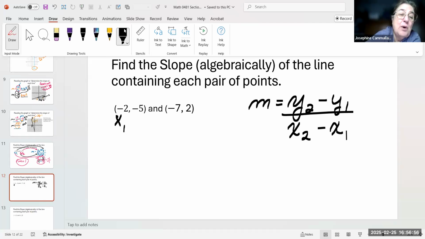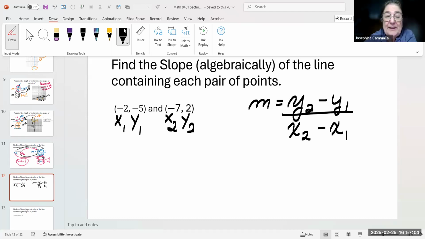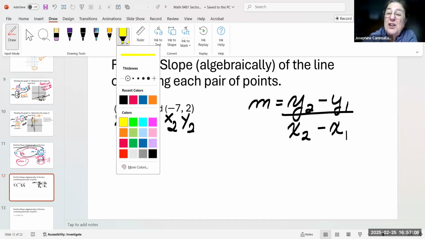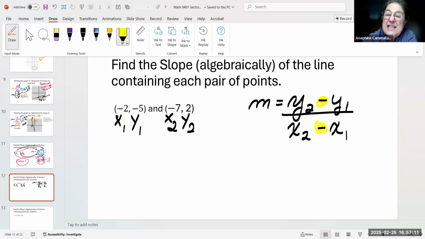This is x sub 1, y sub 1. This is x sub 2, y sub 2. Now, this is where you're going to have to be real careful with these negative signs because they're part of the formula. You can't get rid of them,